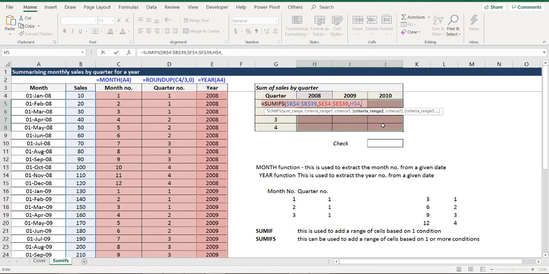Now put a comma again. Now you have to give the criteria range 2. If you have only one condition, then don't give this second comma over here or the subsequent comma and close the bracket straight away. If you have subsequent conditions to be given, then put this comma and then give the criteria range 2, which is basically the range which includes the second